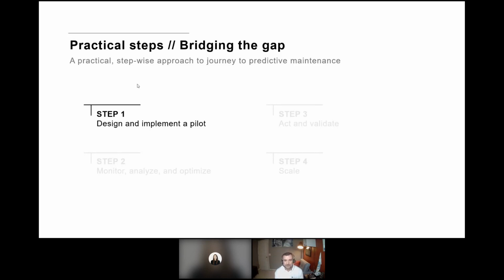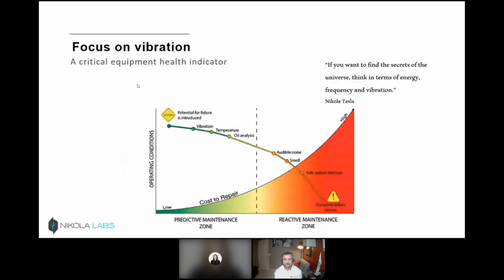So figure out a number of assets that you would want to monitor with different companies. Through that, I think the biggest thing you can talk about is looking at rotating equipment and focusing on vibration. That's going to be the easiest to implement. It's going to give you a lot of options when you think of the marketplace, and it's also easy to track along the way.